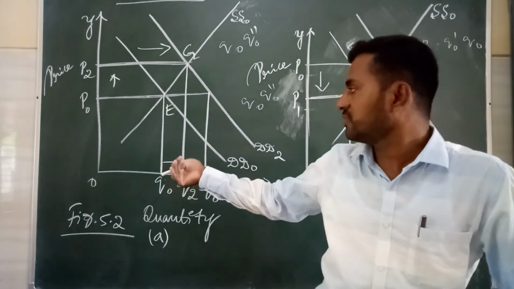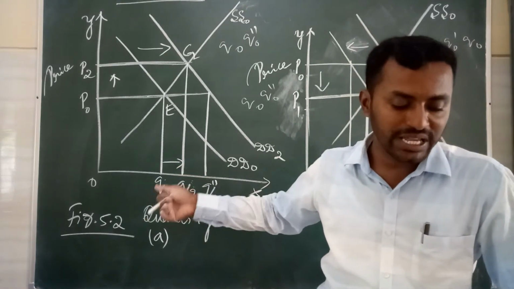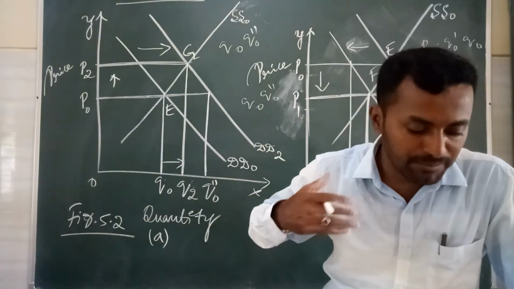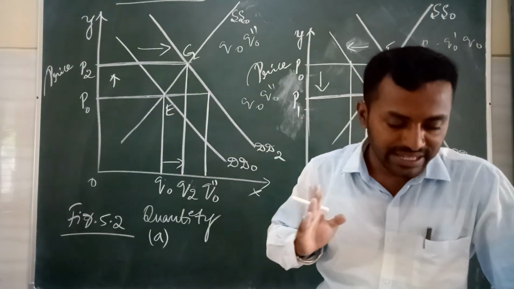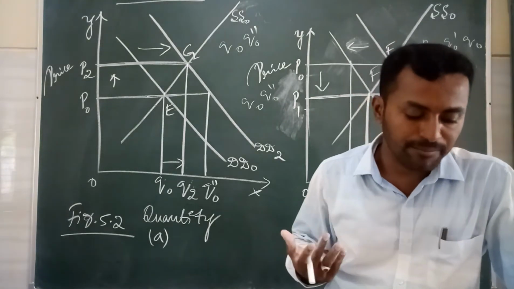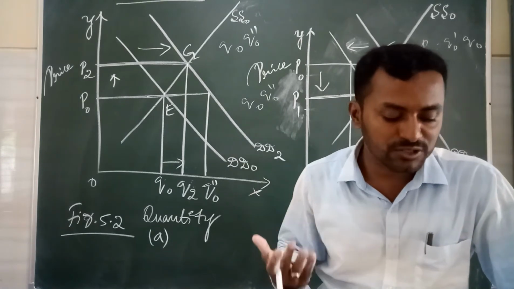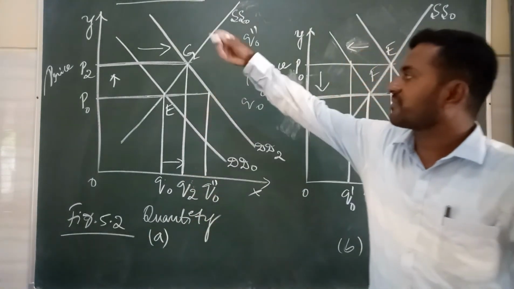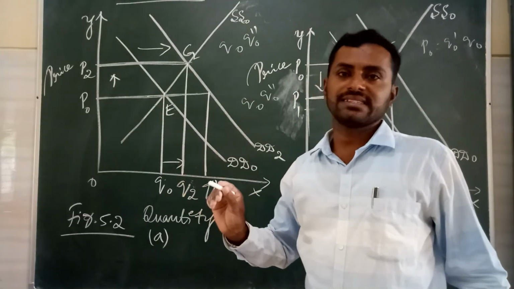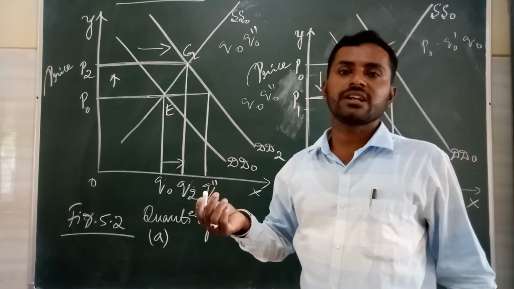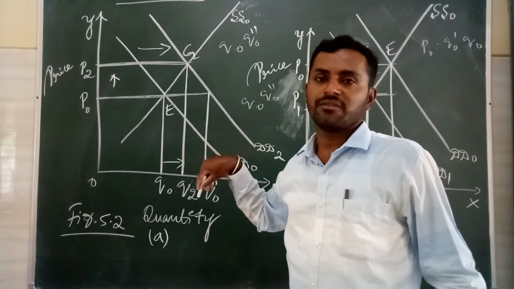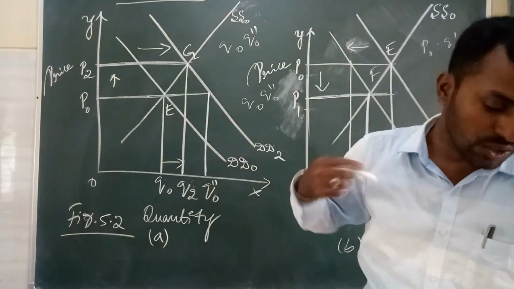The figure we have discussed, Figure 5.2a, shows the shift in the demand curve from DD0 to DD2. We know that the supply curve remains unchanged at SS0. From the figure it is clear that at the new equilibrium the price of the good is higher and the quantity demanded and sold is also higher. See, if the price increases, the quantity demanded also increases. If consumer income increases, the price will also increase, and then the quantity of the commodity will also increase.